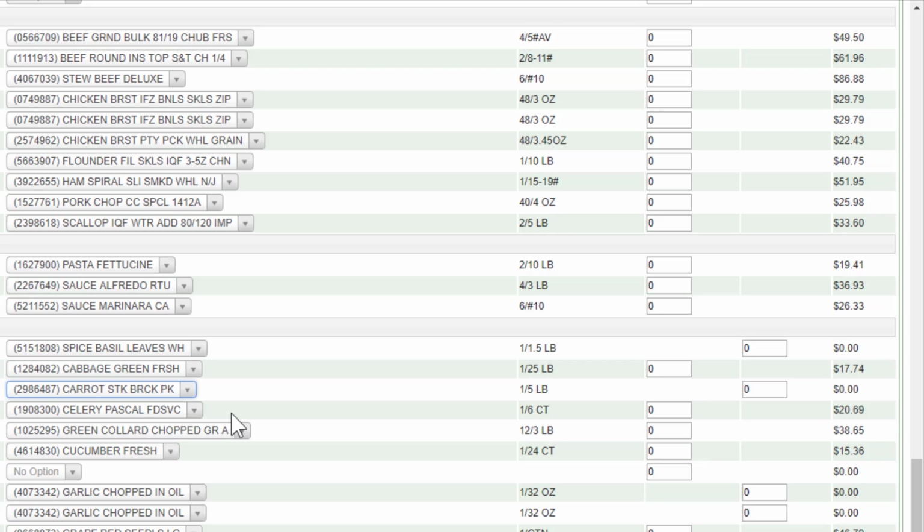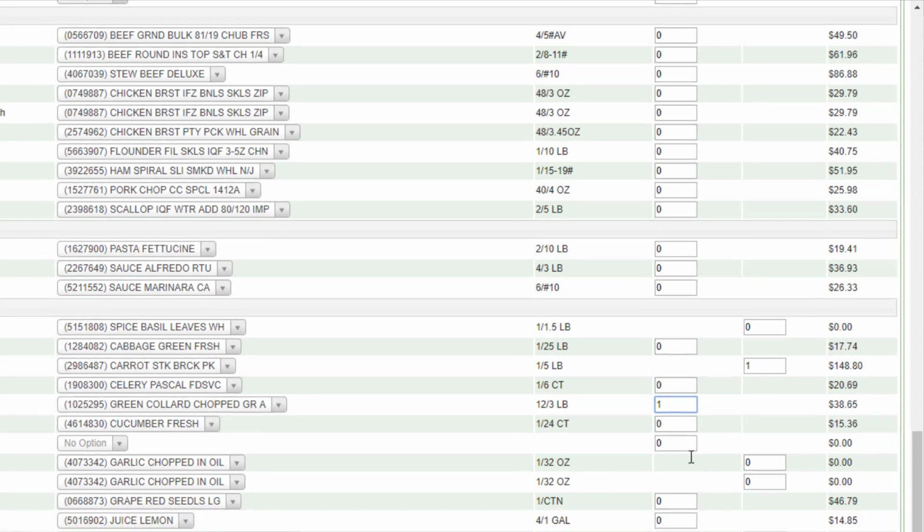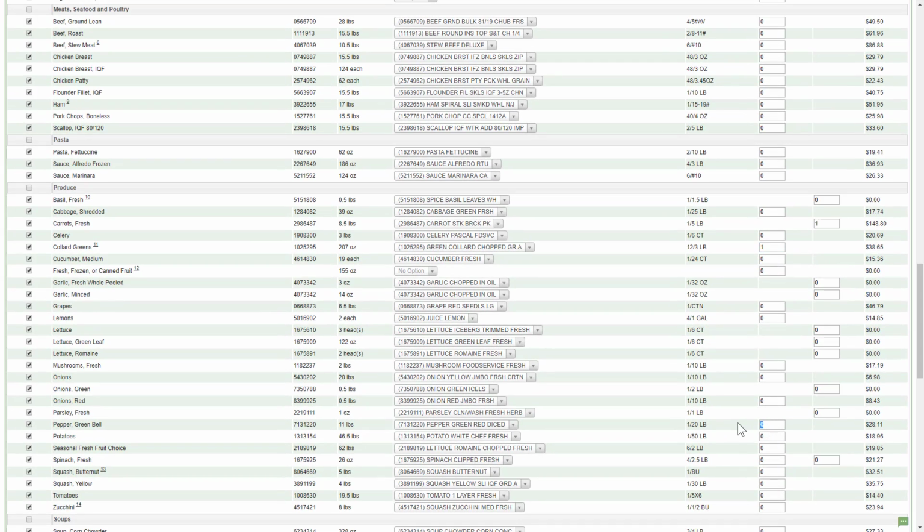And now carrots, it looks like I need 8.5 pounds of it, and so I can do a partial order here just by putting a number here. So we're just going to come down through here and put some different numbers, and anyway, you're going to go through each one of these, and then you're going to scroll down,